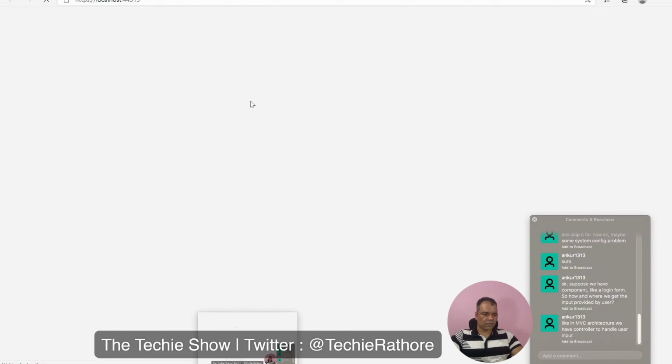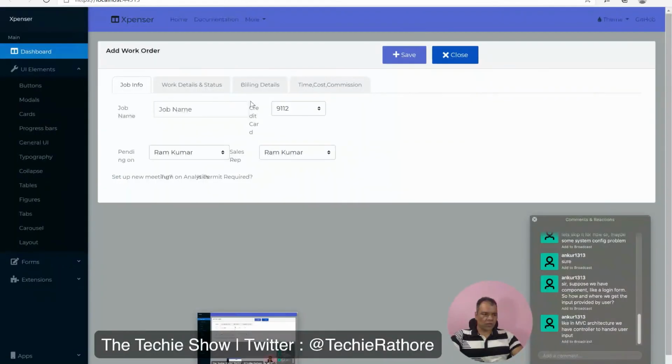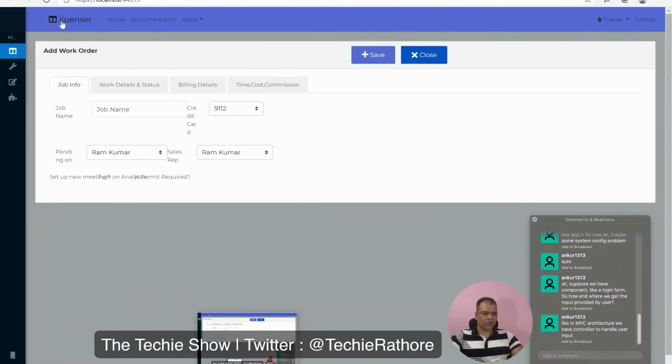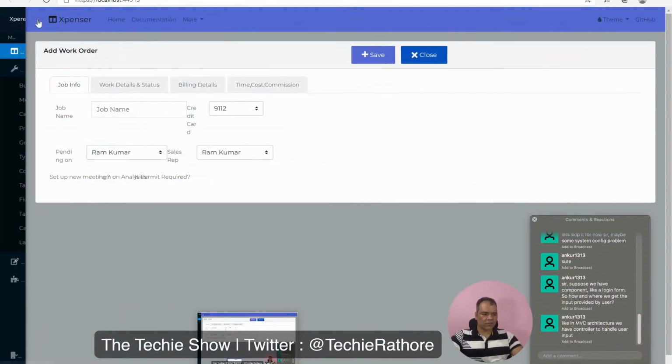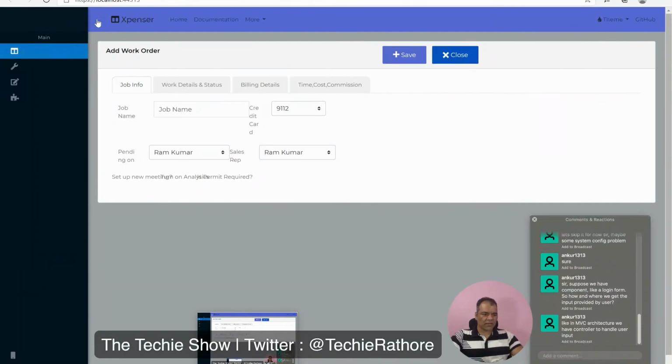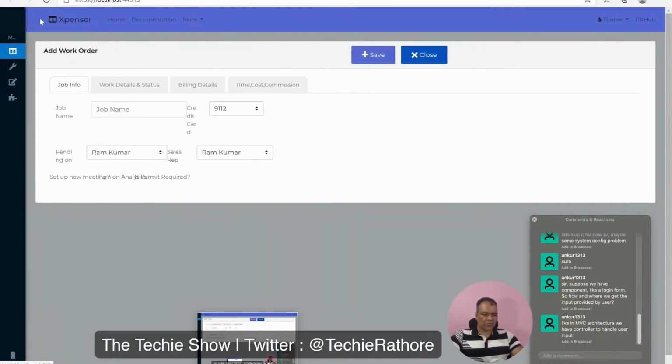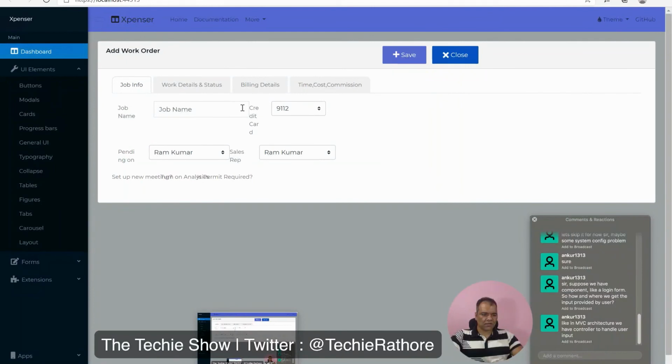Cool. You can see here Expenser is written here. See, this is your menu. This icon is coming here, and this icon shows or hides this menu. And this is a page I have designed.